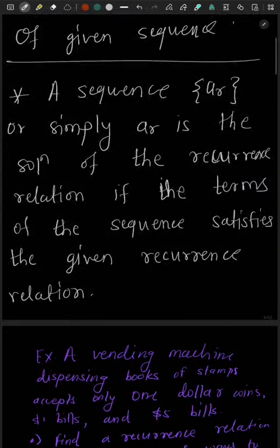Now a sequence a_r, or simply a_r, is a solution of the recurrence relation. Meaning what? If we have been given